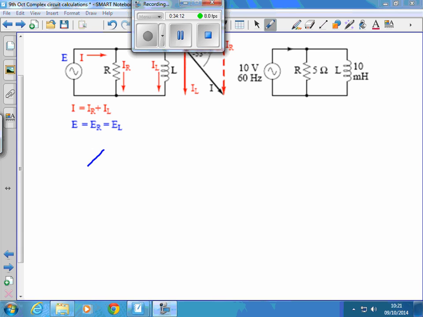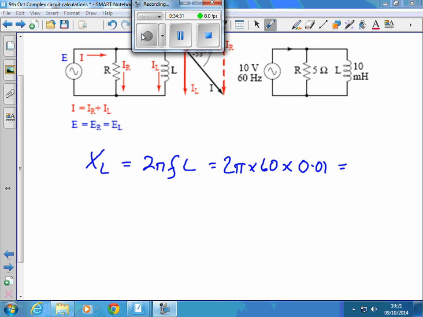What we've got is XL, 2 pi FL, isn't it? Yeah. So that's 2 pi times 60 times 0.01 henries. Yep, that comes out at 3.77 ohms. Yep. Yeah. Yes. So we're talking about